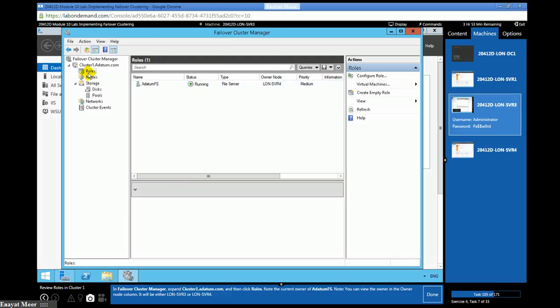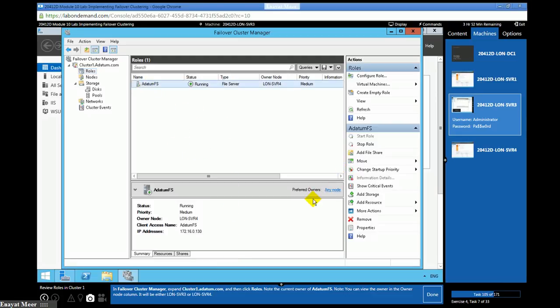So SVR4 is the current owner. It could be SVR3, it could be SVR4. It depends, but what you can see here is that the current owner is LON-SVR4. It tells you at the bottom as well, and when you click on top of it, it shows up here. Very simple and visible.